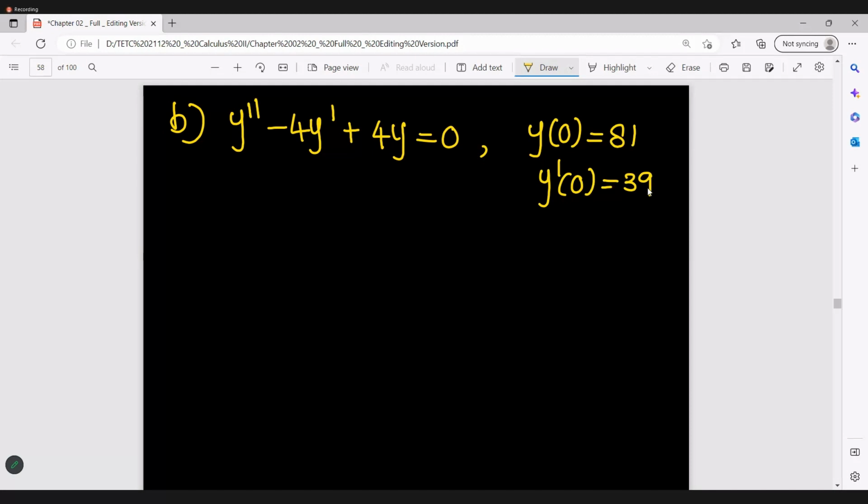Okay, so I'm going to skip the previous major steps. So let's consider the Laplace transform of y of t is equal to capital Y of s. Then we are taking the Laplace transform of both sides of this given ordinary differential equation. Then we will obtain. So if we take the Laplace transform of y double dash, then what is the formula? S squared capital Y of s minus